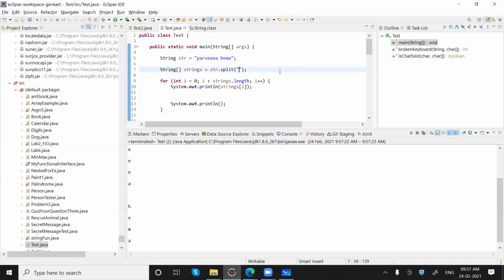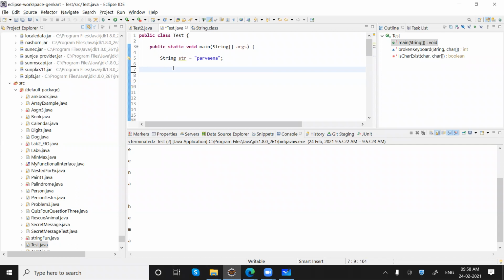Now let's come to your question. We have this particular name Pravina in the str variable, and we want to capitalize the first letter of this. In this case, we don't really need a split. Let me just remove this entire code.